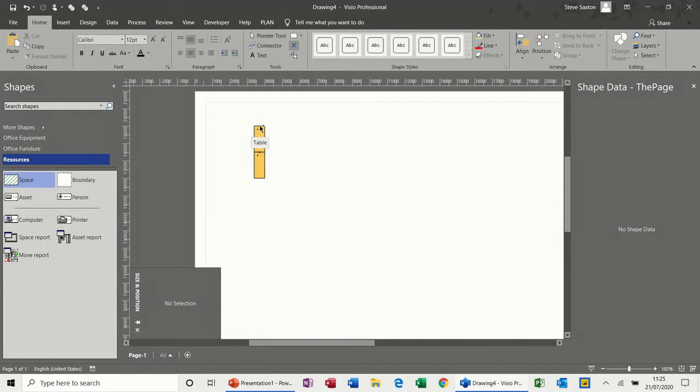So one there, and one there, and then I need to copy that. So just use my control key to copy, and then if I put this back on,